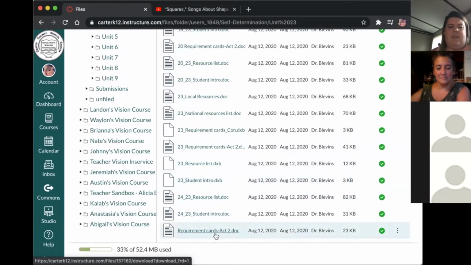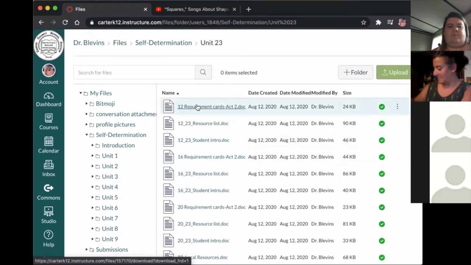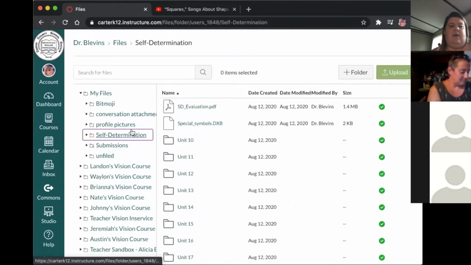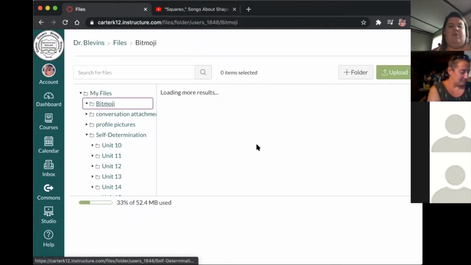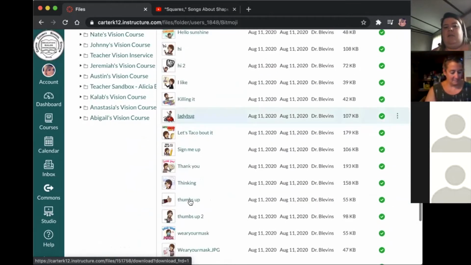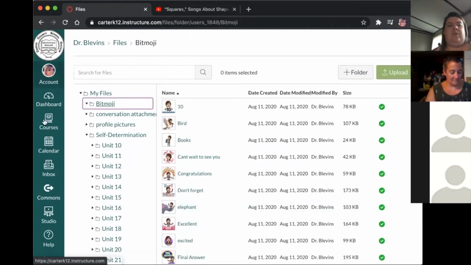But any of the activity papers or any of that stuff is all uploaded there. I also downloaded my little Bitmojis that I did for the younger students, all the ones I thought I might want, and I put them in there because when I'm editing